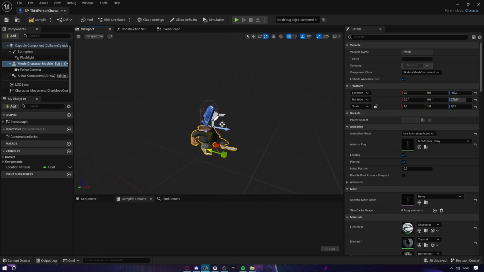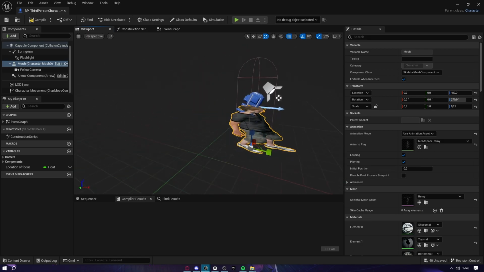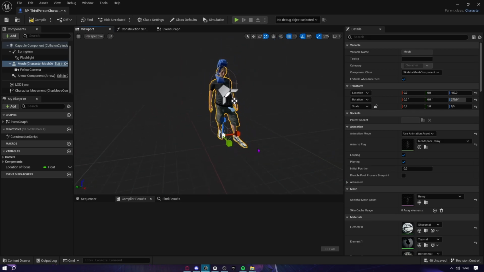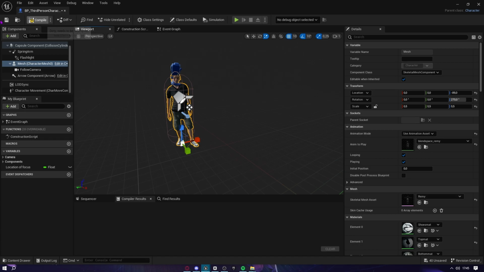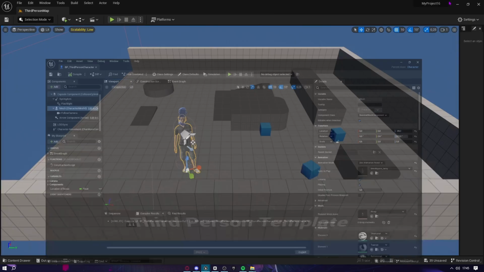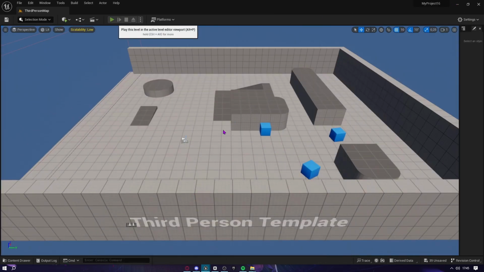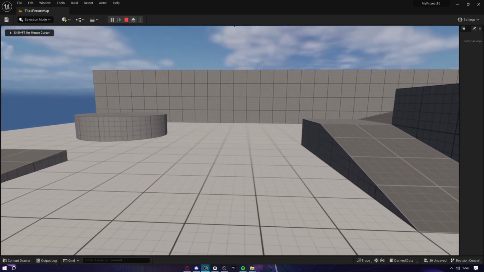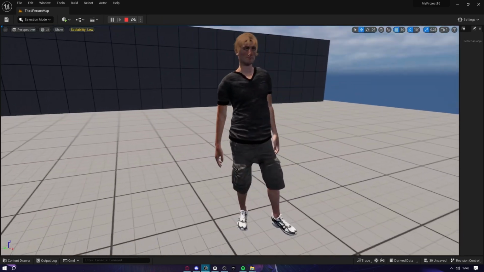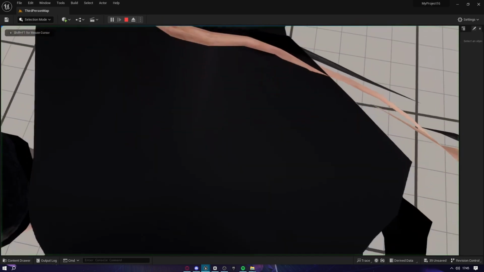I'm gonna make him a bit smaller. Maybe too small. Okay, then compile and save. Press play. Now press F8, we see our character is in the idle. And if you walk now,